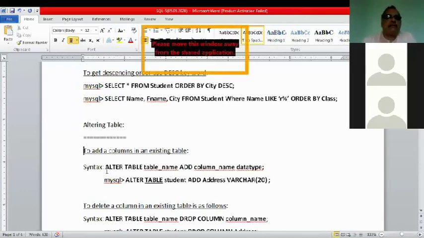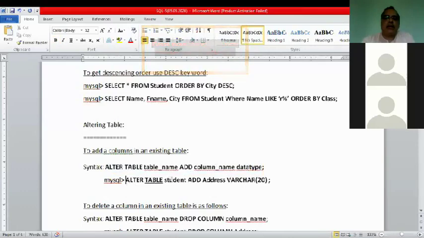Now see, to add a new column is a structural change. This is the syntax: alter table, table name, add column, column name. So an example is alter table student add address, followed by its data type. One very important thing is the keyword table.